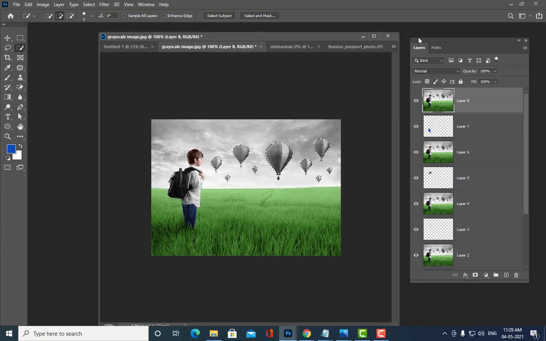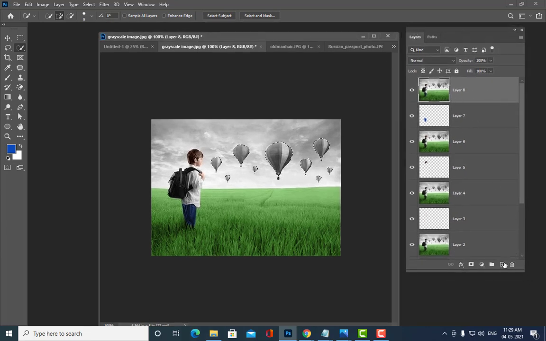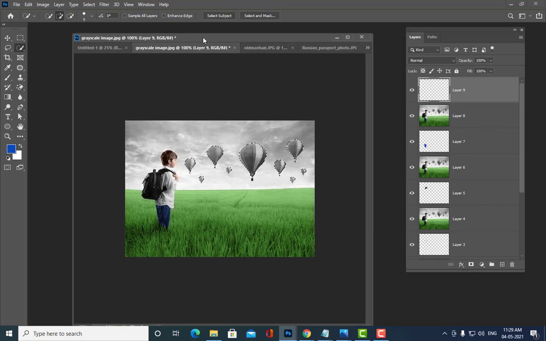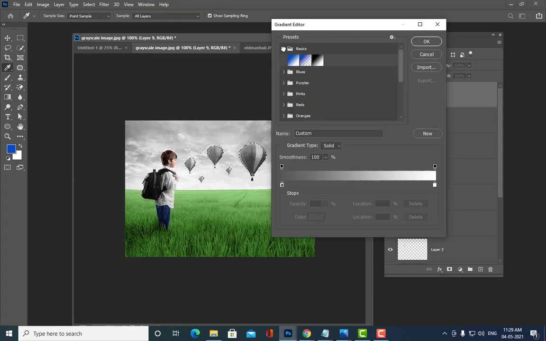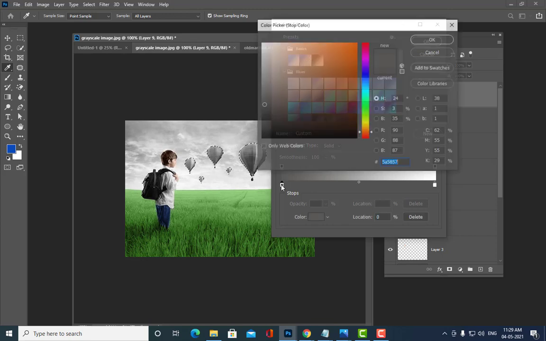See here, just we will take one new layer, then so we will just select the gradient. So see, actually we'll give some colorful gradients.